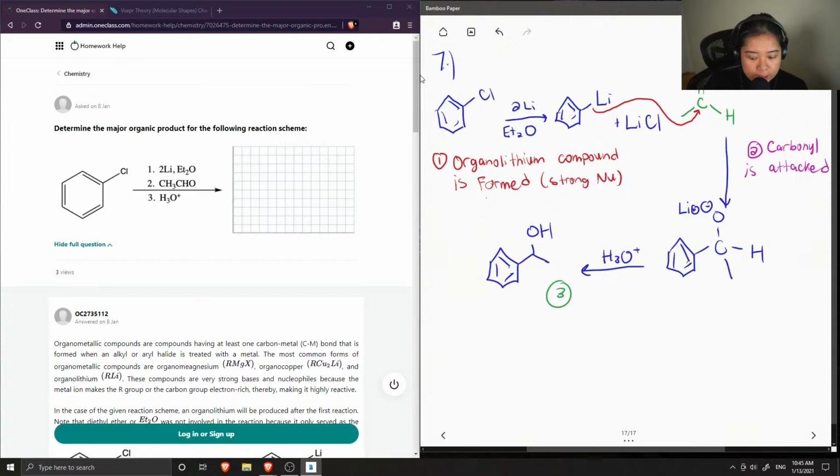So step 3, we have a protonation step under acidic conditions. Which gives us our final product,